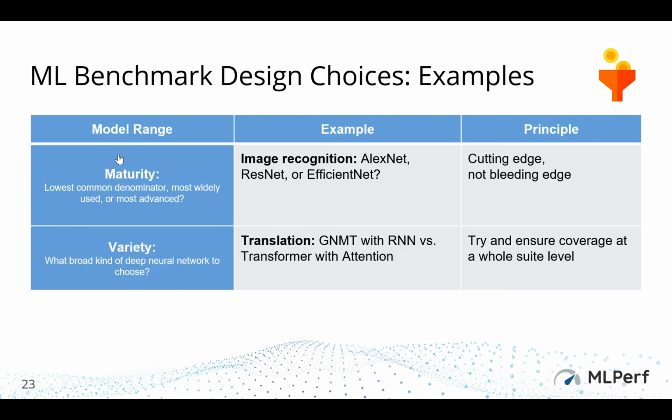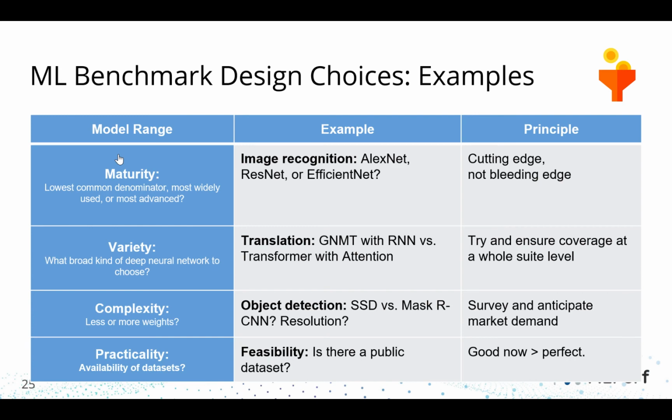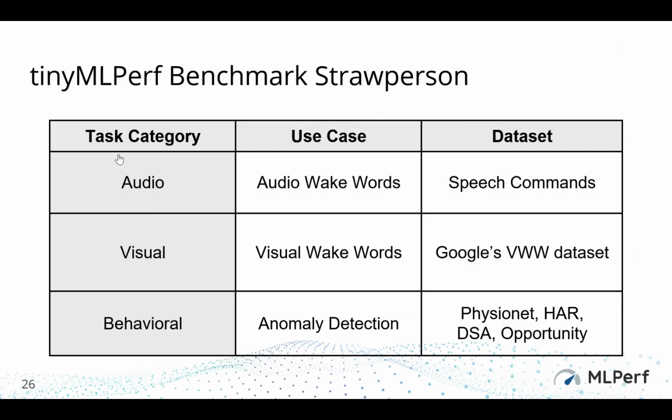Variety: you have different types of networks. This was the middle column that I was showing you: RNNs, CNNs, decision trees, boosters. There are many different methods, so you want a balance of that so your benchmark is actually representative. Then the hardware complexity that's actually needed: do you pick something that is extremely hard for people to optimize or not? And practicality: do you actually have data sets available? You might want an ideal benchmark, but the principle we follow is that anything you can get out the door quickly is much better than waiting for something ideal that will never actually land.